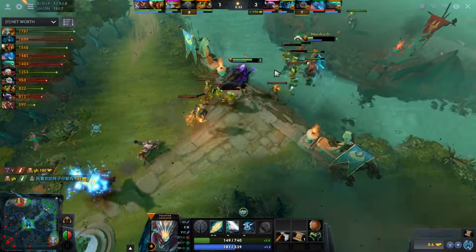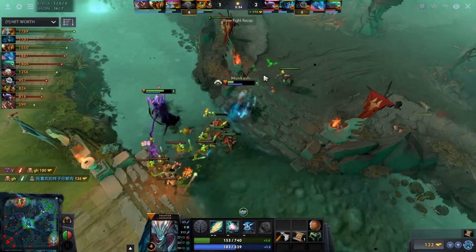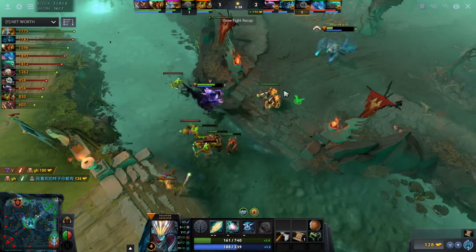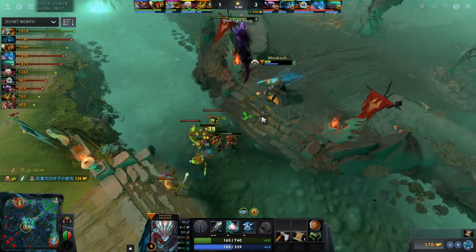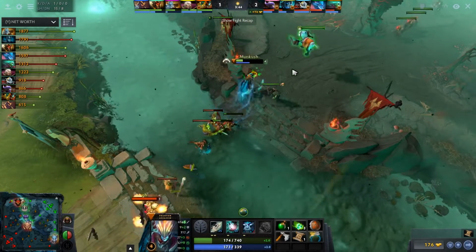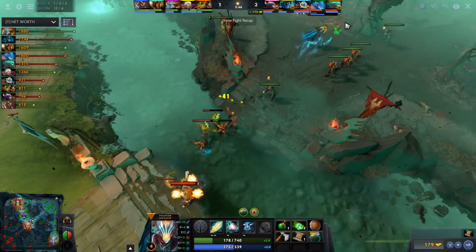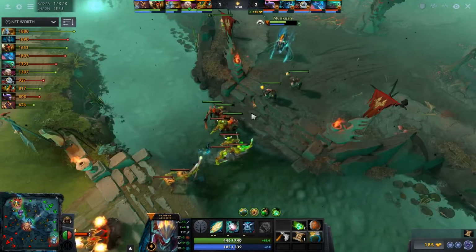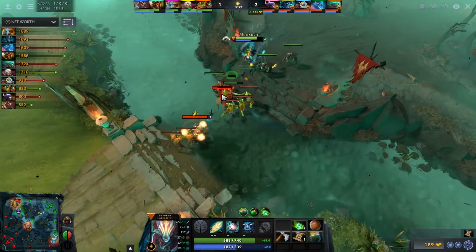That's not a rule, but try to think about the value of your items. If you're playing against a Tiny that will not spam a lot of spells, Magic Wand is probably not a great idea. It gives stats, but not that much for the price. If you're playing against a PA though, a Puck or a Bloodseeker, there's a lot of value, and that 400 gold item not only gives you a lot of stats, but a burst of 300 HP and mana. Very few things are absolute in Dota, so make